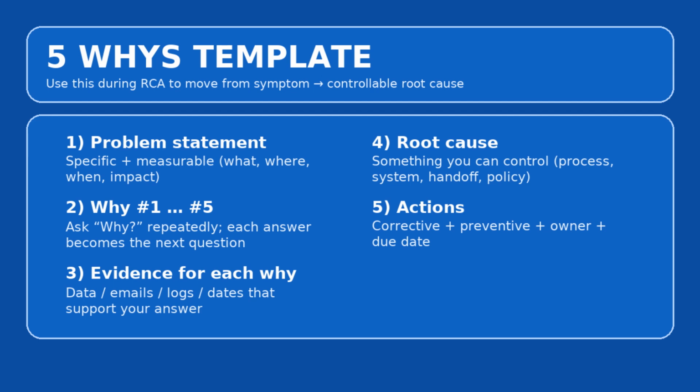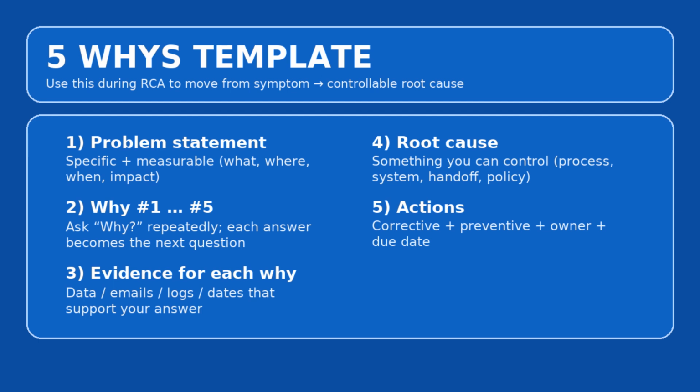The next is root cause, something you can control. Land on a cause you can fix through process, planning, governance, or design. A good root cause is specific, actionable, and within your influence. Examples of strong root causes: approval ownership not defined early, RACI missing, causing late requirement validation and rework. Dependency integration was not planned with handoff criteria, causing repeated retesting. A weak root cause is something like "team is slow" or "client changes mind." Those are symptoms. You still need what you control.